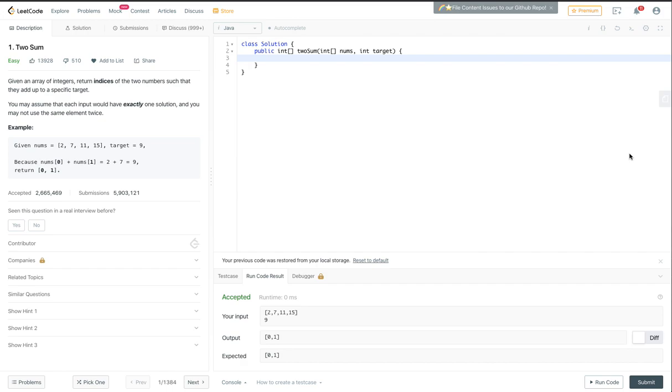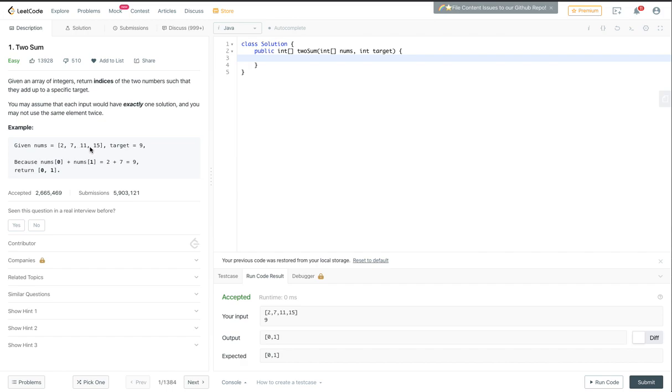I figured the best way to start would be to look at a problem that most engineers have probably seen, or at least heard of. This problem is called Two Sum. And basically, I don't really like the explanations that Leetcode provides, so I'm going to go ahead and explain the problem myself. So, given this integer array, nums, which currently in this example contains 2, 7, 11, and 15,